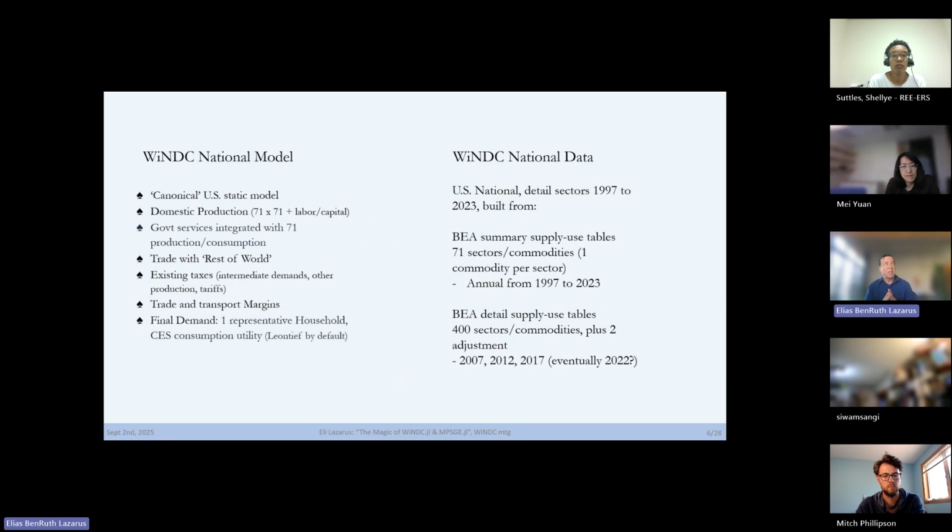And then all the taxes in the economy are represented by 3 different taxes: intermediate demands, the production, and the import tariffs. So that's the basic model, and I'll show a version of that, but just to give a sense of what I'm building from. And then the WiNDC data comes from the BEA, which takes the